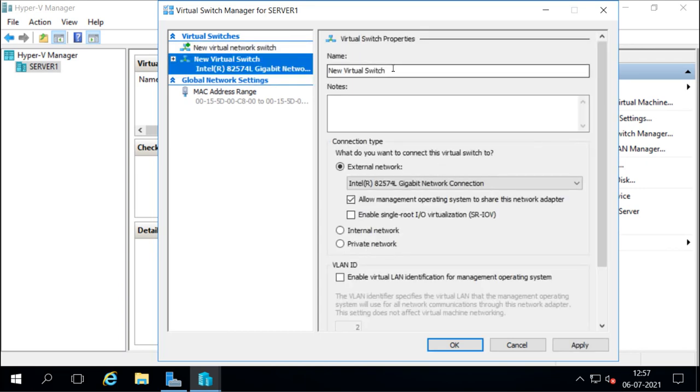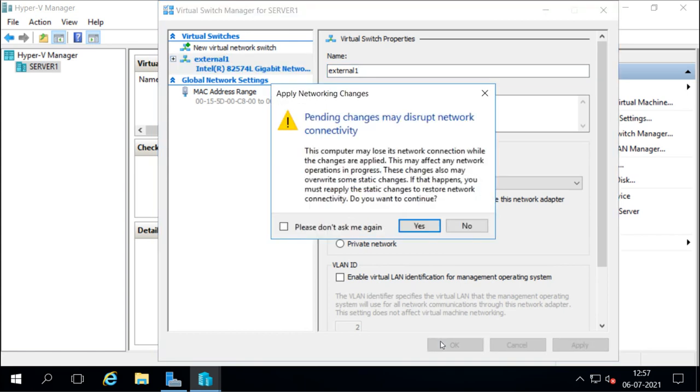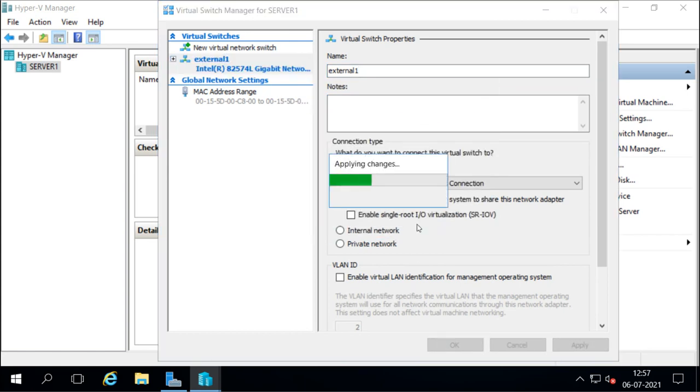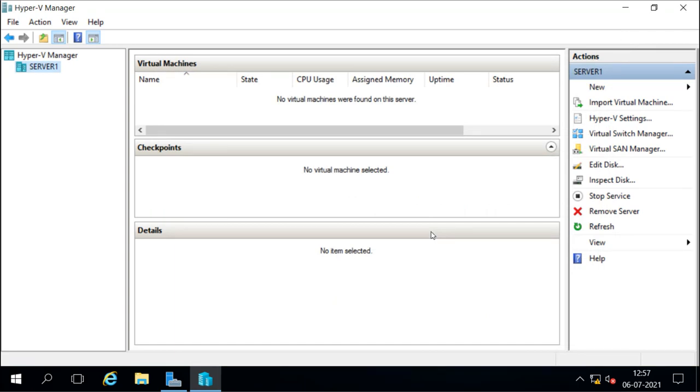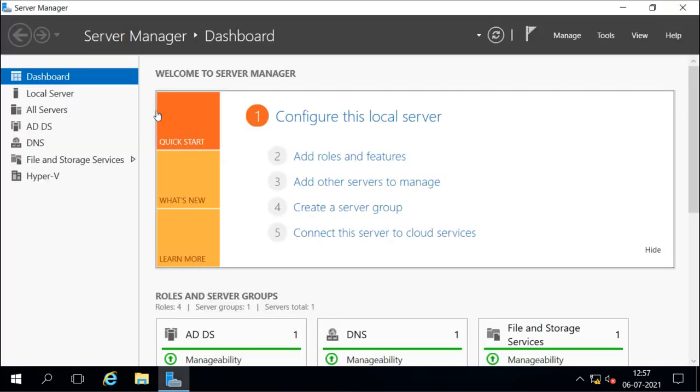So either external, internal, or private, depending on our network requirement, we can create the virtual switches here. So I will create this. It is created, because the containers are going to use these virtual switches. Then we'll go on to update the library.